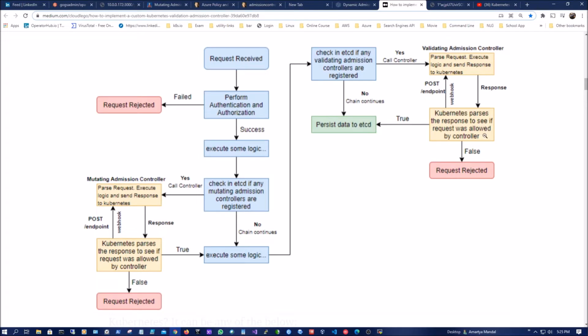So the chances are rare that when you have mutation and validations, you are not correlating these two logic altogether. But the theory is if mutations take place and that also violates any logic, validations will take care of it to control the same. So this is the way it happens. This is the theory. Now, how we go ahead and deploy a validations webhook and mutation webhook with OPA, Open